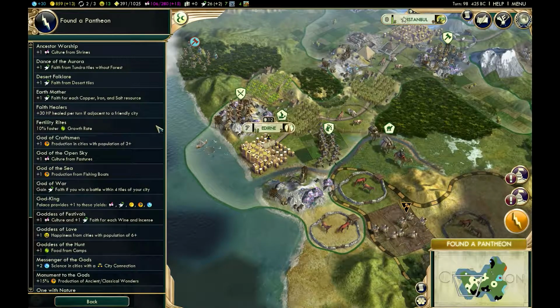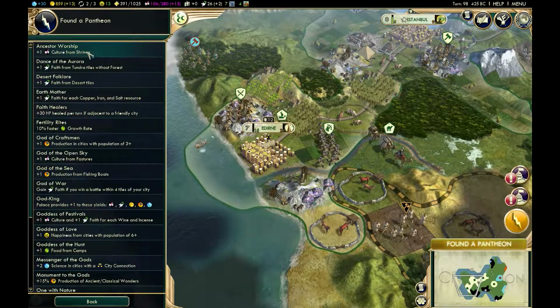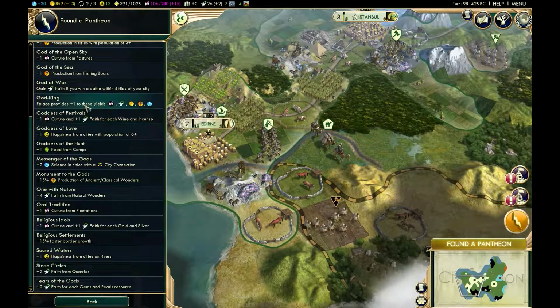Okay, so we're going to find a Pantheon, and there's many. You know, there's loads. So we're not building shrines, so we won't go for that. So we'll have a look at what we're going to go with. I'll have to have a think. A second. Culture from pastures. Got quite a few pastures out there. Gods of the sea. No. Culture. Wine. Goddess of love. Messenger of the gods. I mean, you pick one, but it's sometimes completely wrong based on